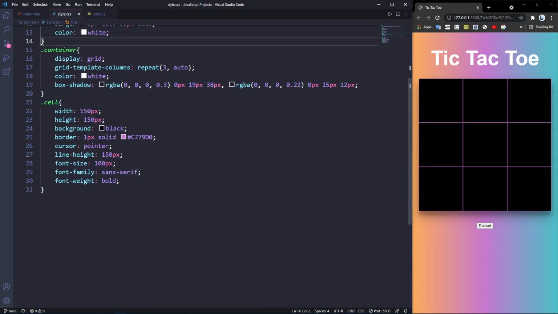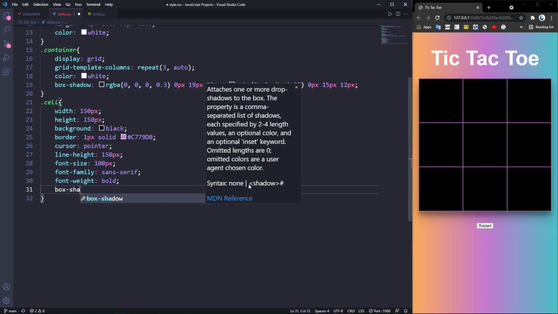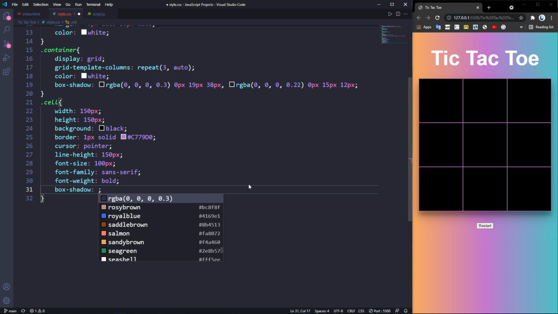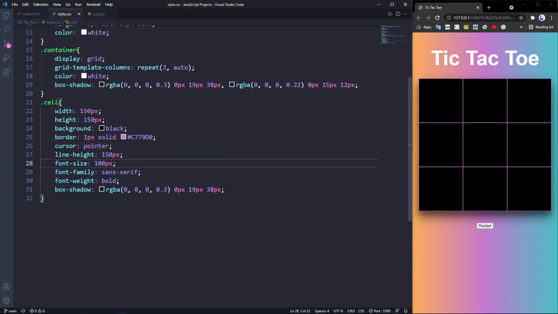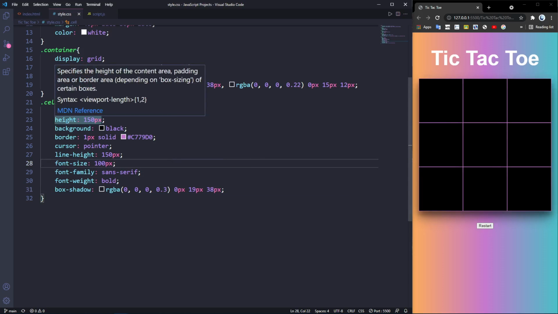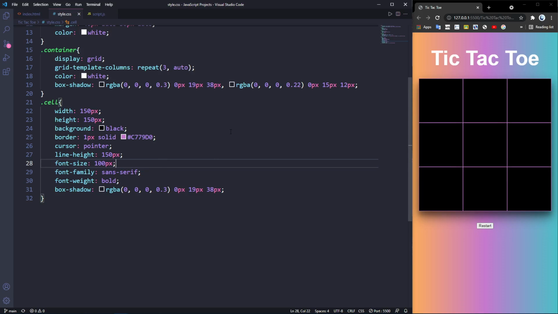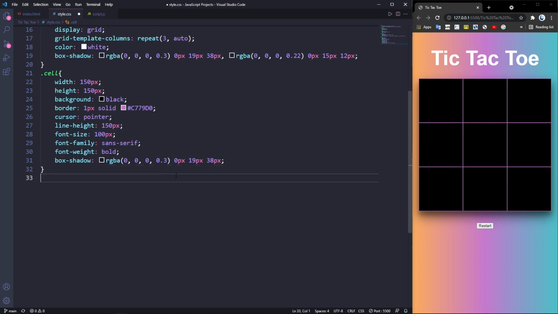Alright, so next let's go ahead. So we can do that for the cells. We can also set just a simple box shadow. So 0 pixels, 18 pixels, 38 pixels. Right, so there we go. So we've done for the width, height, and right, that's pretty much what I want. So next is to set the